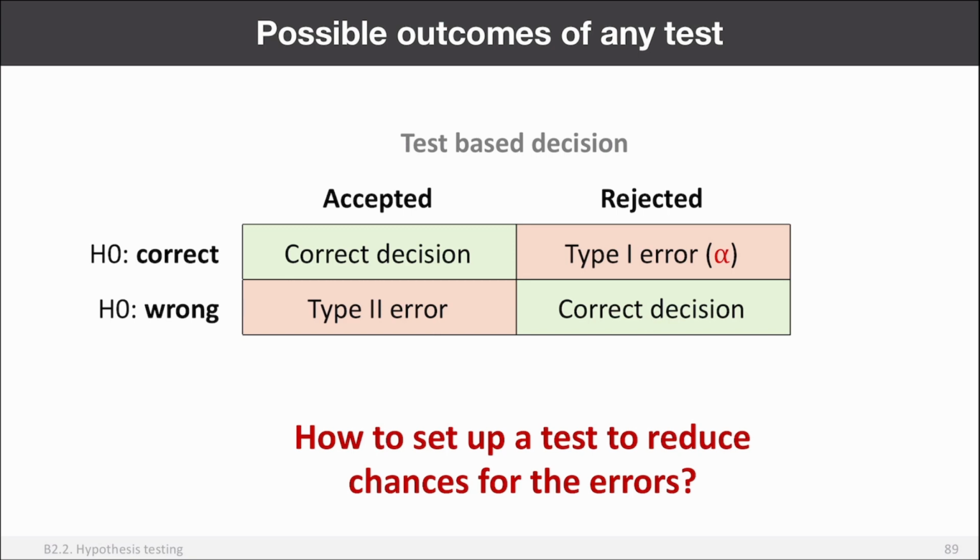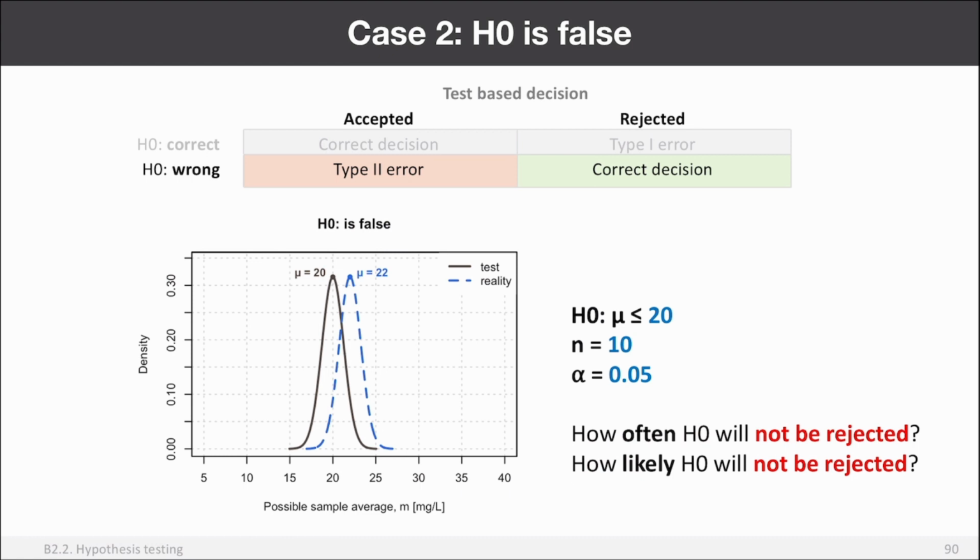All right, so we know that type 1 error, the chance for making type 1 error, we define ourselves, and that's our significance level alpha. Now let's discuss what's going on with type 2 error. Let me remind you that type 2 error is when the null hypothesis is wrong, it's false, but you